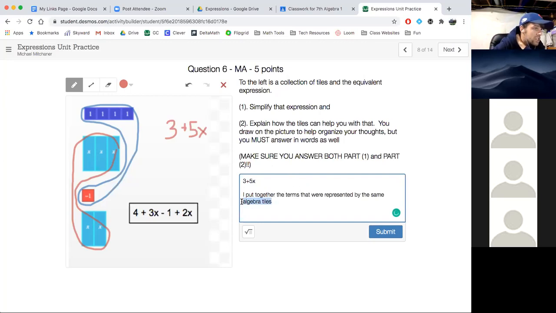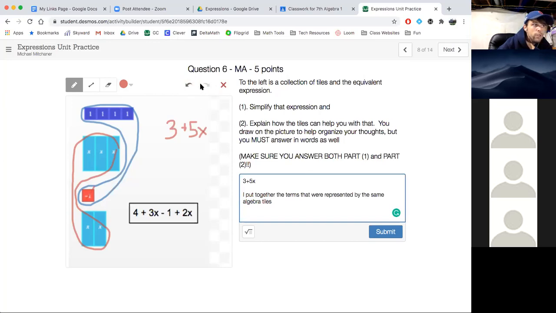I want to make sure to use some vocabulary terms like algebra tiles, put together terms. Make sure we're trying to use some of those vocabulary terms. And you could go back to that vocabulary Google Slides that I put together with all the different terms we've learned. You also could use maybe the term zero pair here, right? Because we have a zero pair between the